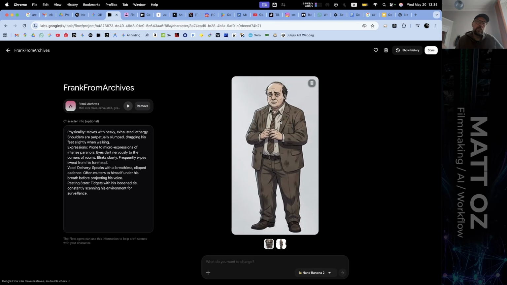I don't know. If you want the freedom to be able to dictate the performance later on, I think this might get in your way if you bake it in here, but I just went for it anyway. I don't mind baking in character performances. It keeps them in persona.